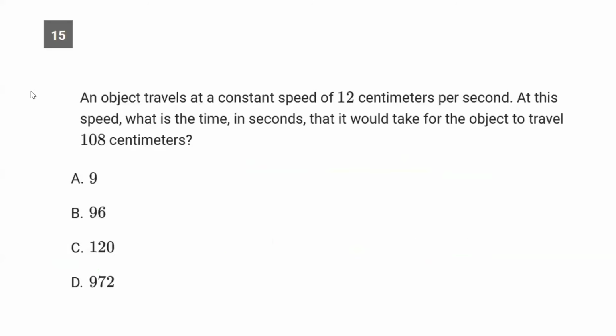Now on 15, an object travels at a constant speed of 12 centimeters per second. At this speed, what is the time in seconds that it will take for the object to travel 108 centimeters? Okay, so again, it is distance, rate, and time. Now one of our favorite formulas. The distance here is 108. The rate is 12, and t is what we're looking for. So then t equals 108 over 12,